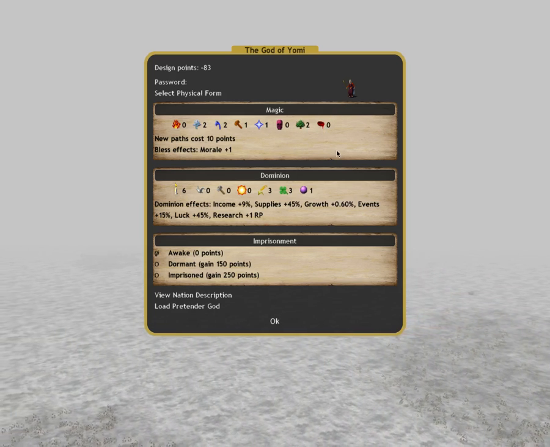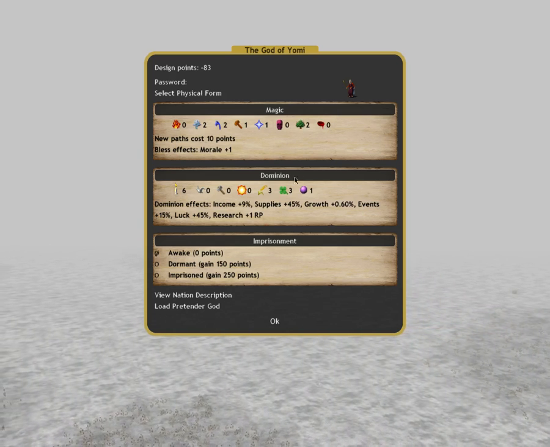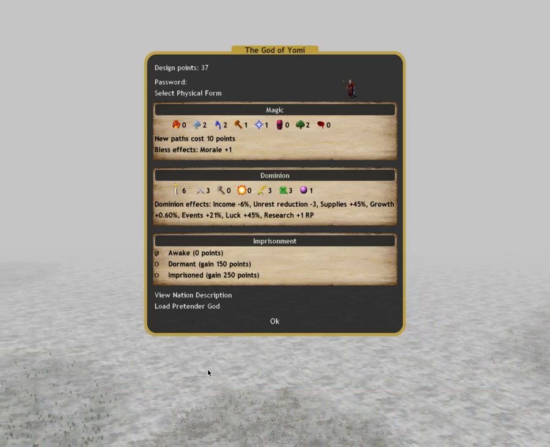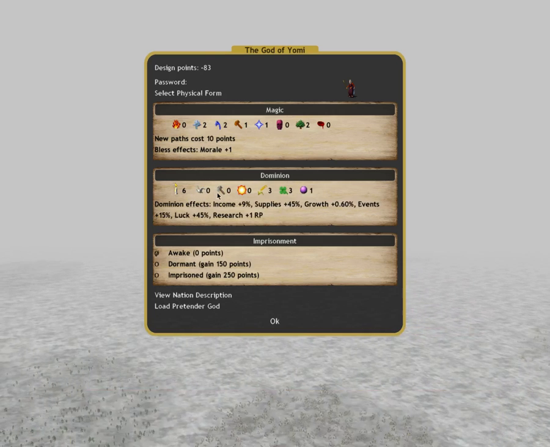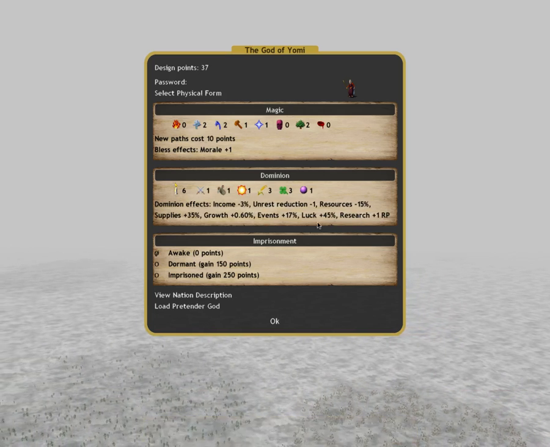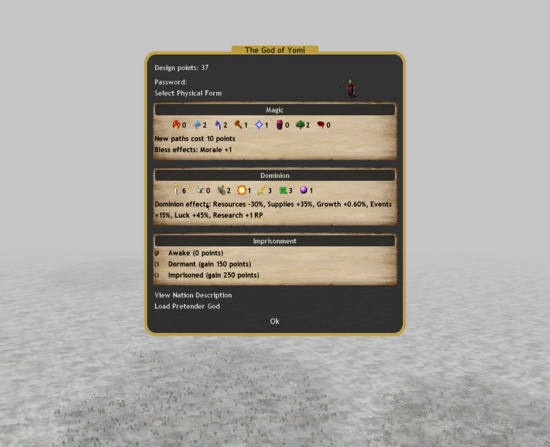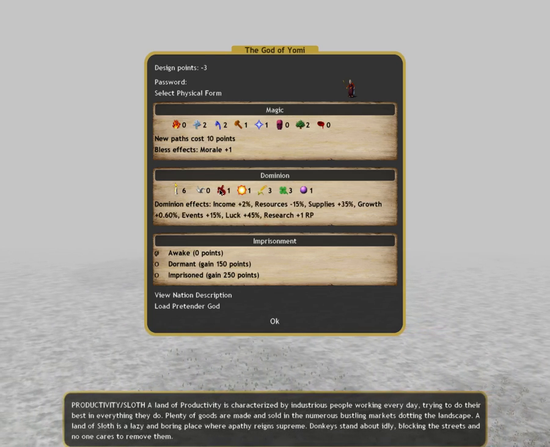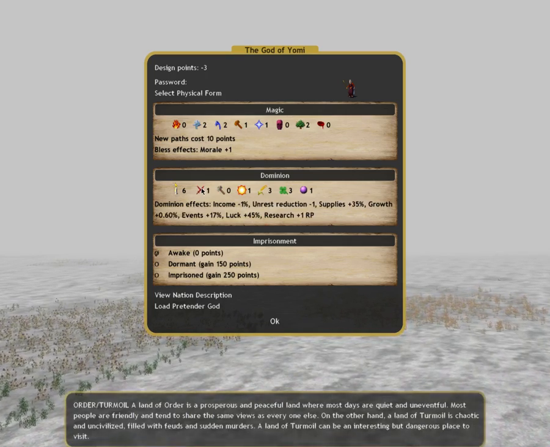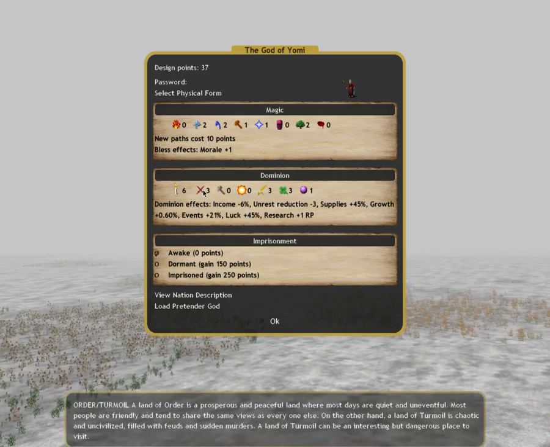So I'd need 83 more points to do this build. Or 3 negative skills. Well, I can go like that. I could honestly go something like that. Something like that. There's many choices that you can do. The main thing you're going to want to look out for right here is your income. Right now I'm only at positive 4%. If you happen to go with a turmoil build, you're going to be sitting at negative 6%, which...